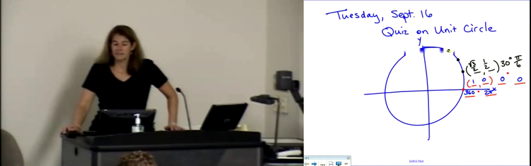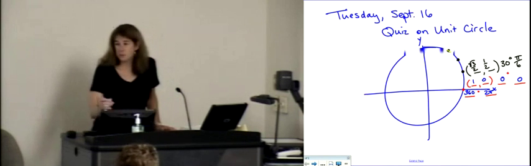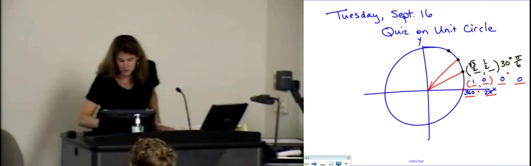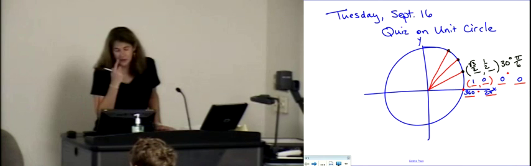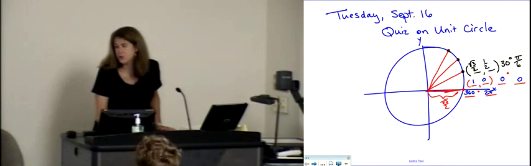Yes? I still don't understand how you get the coordinates, the square root of 3 over 2 and 1/2. Okay, for your purpose now, you're going to memorize them, at this point, right? But here's what we're saying, okay? We have them actually drawn out more like this. We're saying our x coordinate is square root of 3 over 2. We're going out square root of 3 over 2 units. What is square root of 3 over 2? Approximately